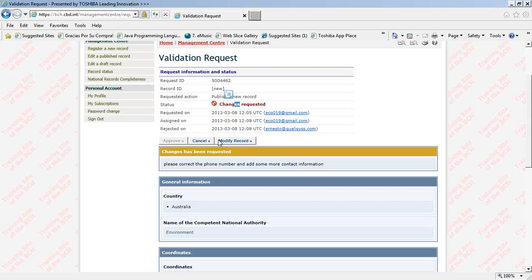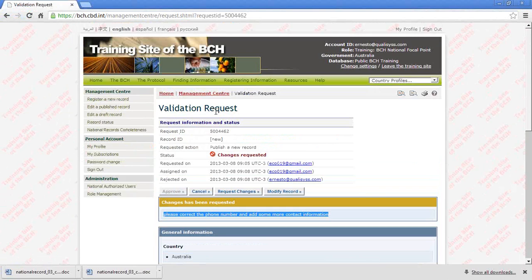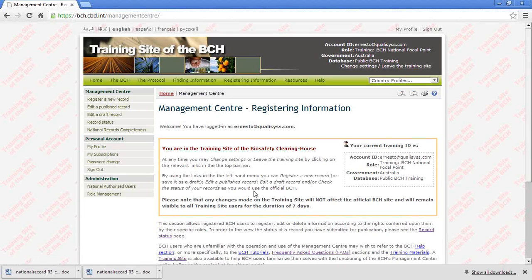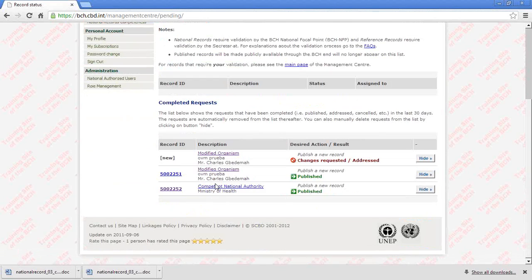Once a record is published, I'll switch again to the focal point. Once a record is published, it can be seen by anybody in the BCH Central portal, and we can check the record status of all of our records. In this case, we see some records here. The last one is the Ministry of Health, it is published. If we want to change the status of this record as a focal point, I can click on it, and